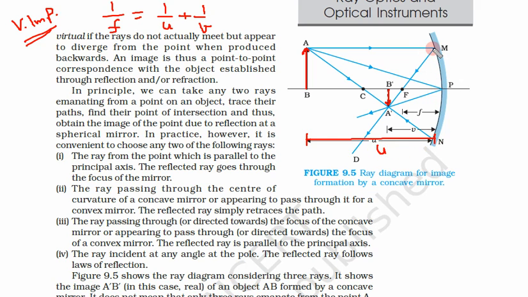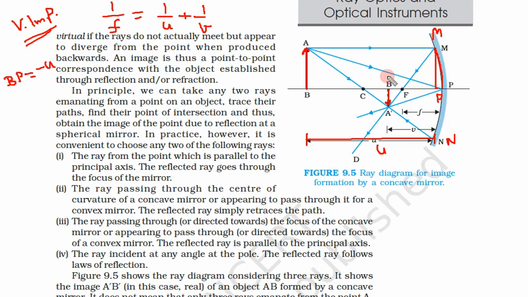And what is the approximation we have taken here? The approximation is that this MP is not curved but straight, and this is a good approximation when we have a very large radius of curvature. So P is here, here is the M point and here is the N point. So this is not a curved but a straight line. What is the first distance? BP is nothing but the distance of the object and it is on the left side, so this is minus u. BP is minus u.